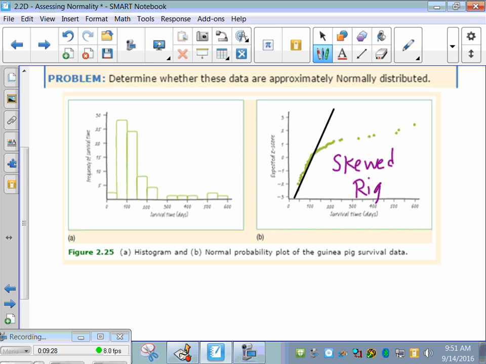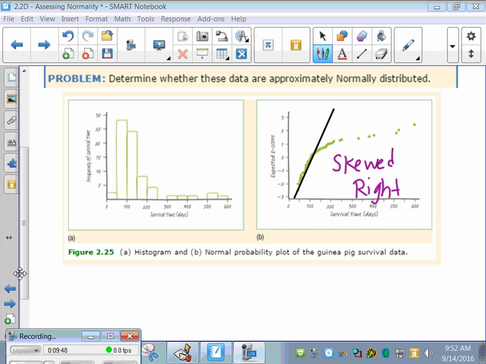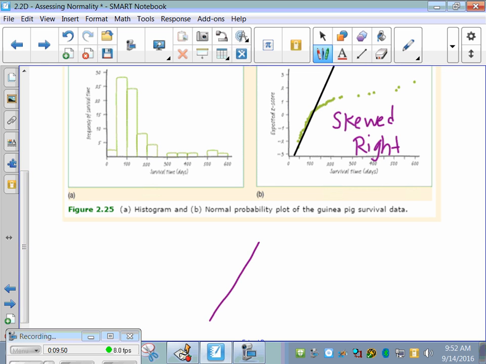And you guys might want to just kind of sketch a graph of that and what it looks like so you know. If it starts to kind of curve off to the right, away from where the line is, that means you have skewed right data. Similarly, if you have a line and all the points are sort of matching up, but they start to fall off this way, that would be a skewed